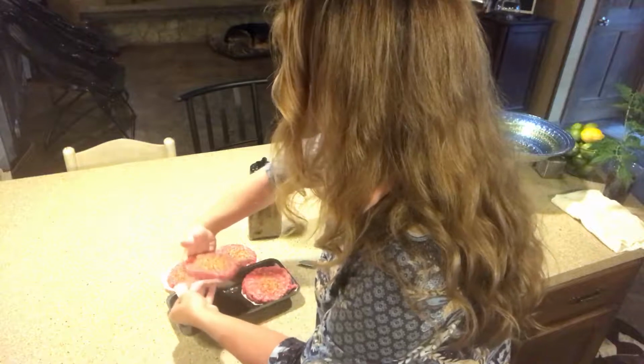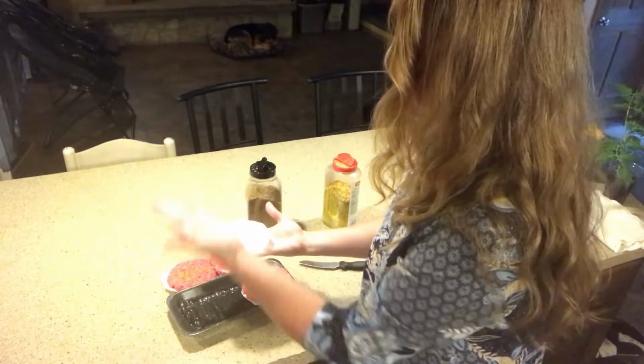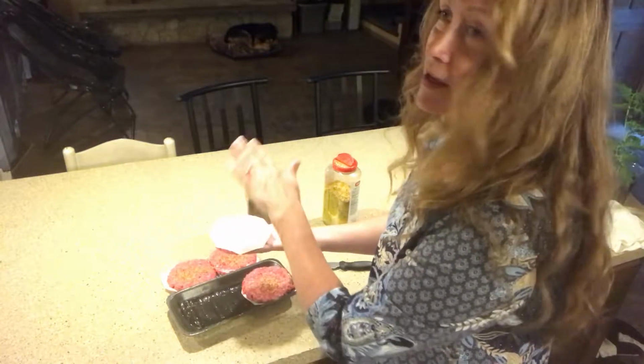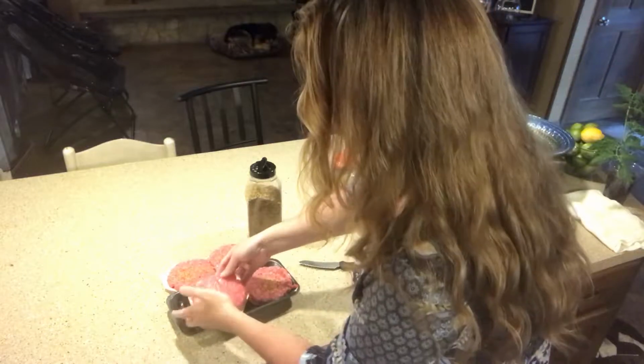So usually I get my hand between the paper and the burger and put this on top of here. Otherwise, if you just flip it over and peel the paper off, then all that spice falls down. But if you cap it with this and then flip it over like that,